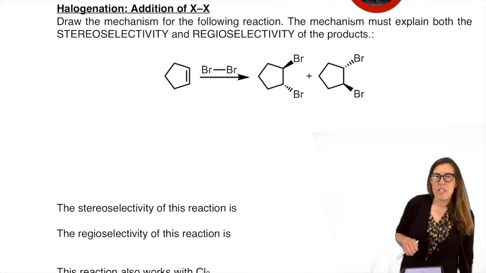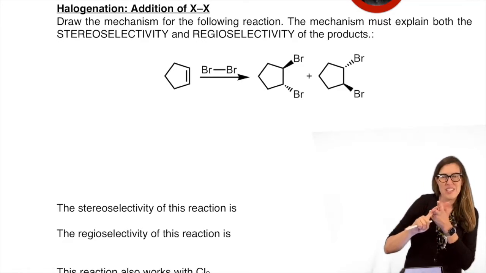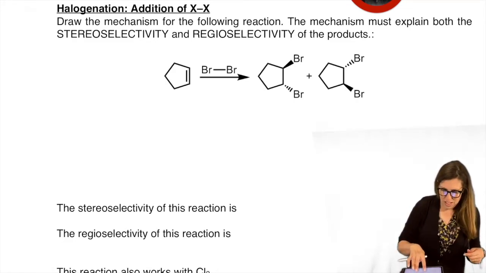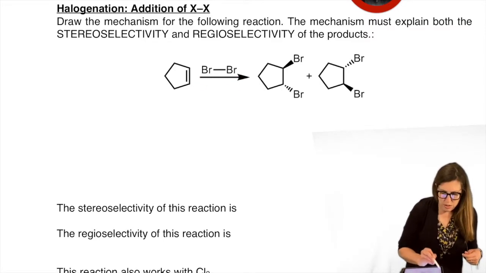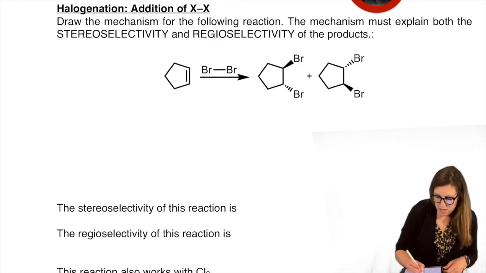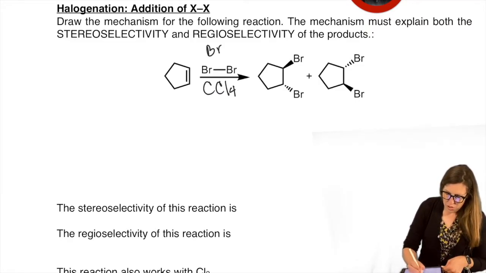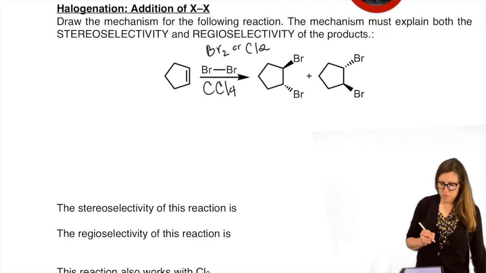Okay, so just like we can do HOH, ROH, HX, we can do XX, two halogens. So, see what's over the arrow? Bromine, BrBr, aka Br2. Oftentimes the solvent's added. A favorite solvent is carbon tetrachloride, nice and toxic, but it is a good solvent, I have to admit. Gotta wear good PPE. So Br2 or Cl2 are the favorites for that. All right, let's observe that reaction. It's drawn out for you.